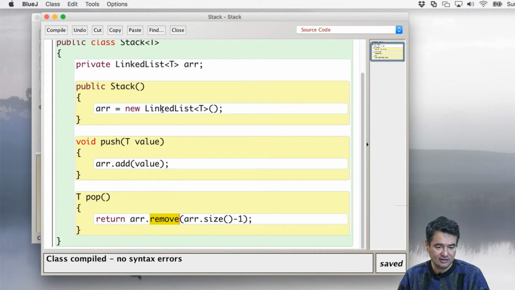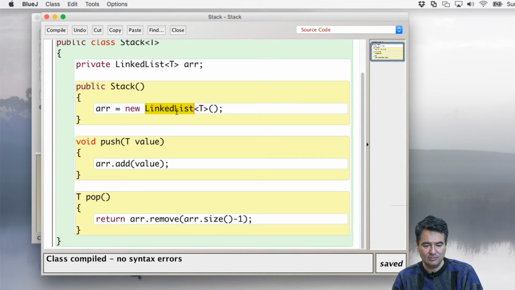So by using linked list, we're going to use more memory, but we get faster access. By using ArrayList, we're going to use less memory, but it's slower once in a while. So I'd like it so that as the implementer of stack, I can choose which one I want. I could either say, this is going to be an array list, or it's going to be a linked list. Now I'm going to have to recompile the program either way, but I really want to write this so that I only have to change what kind of list I'm using in one place, right here where I got it highlighted. And so what I'm going to do is I'm going to say